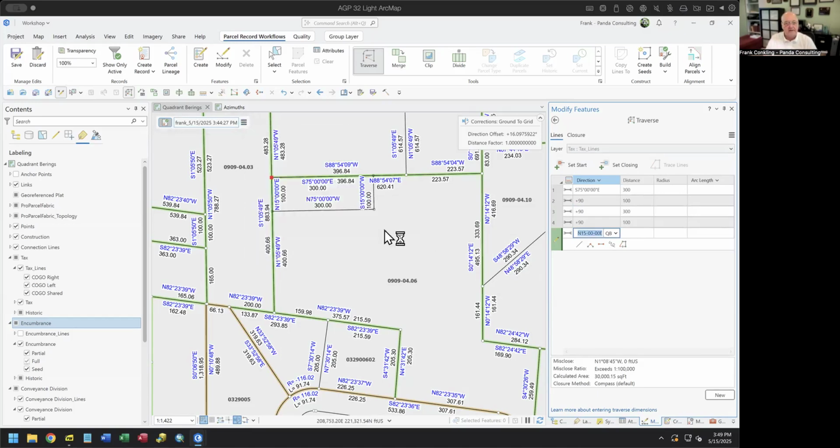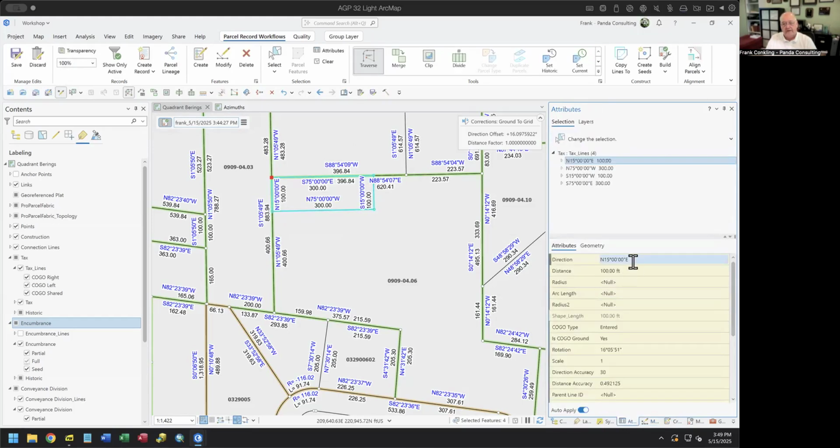Now, when I select my lines in here, each of these lines are stored with them the automatic rotation over here. Now, the storing of the rotation for most cadastral mappers, it's not going to make a whole lot of difference whether it's stored or not stored. However,